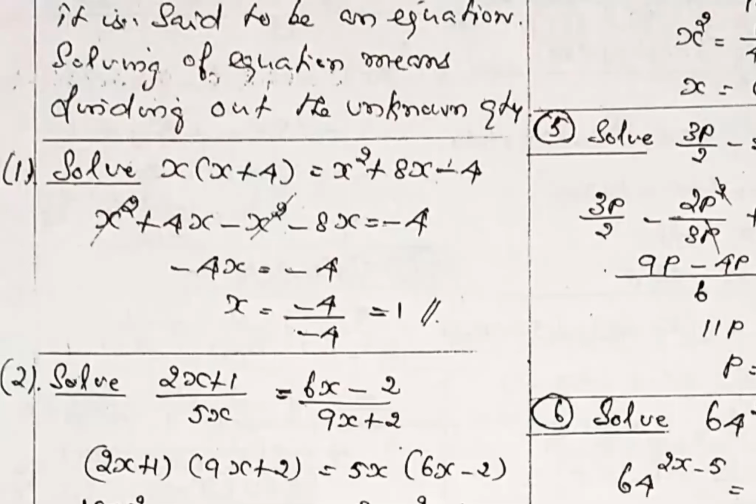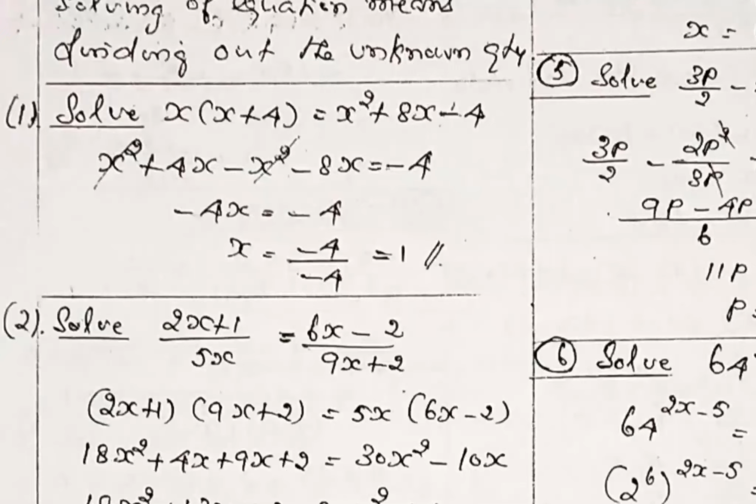So using the previous idea, on the left hand side you remove the bracket: x within bracket x plus 4 is available. Remove the bracket, x square plus 4x minus x square coming. Move all the right hand side values also to the left hand side, minus x value. Particularly the x value moves to the left hand side. X square gets cancelled. So after simplification, you will get x is equal to 1. It's called solving of an equation. The equal to symbol is definitely required. Then go to the second problem.